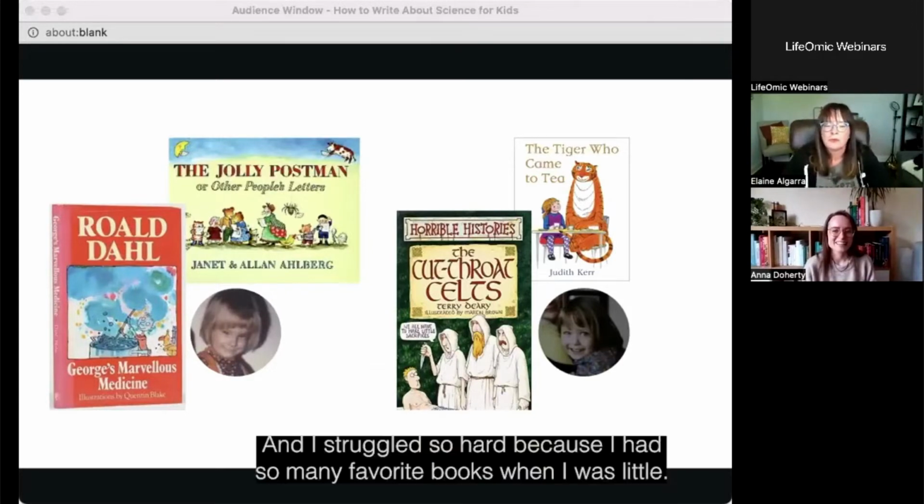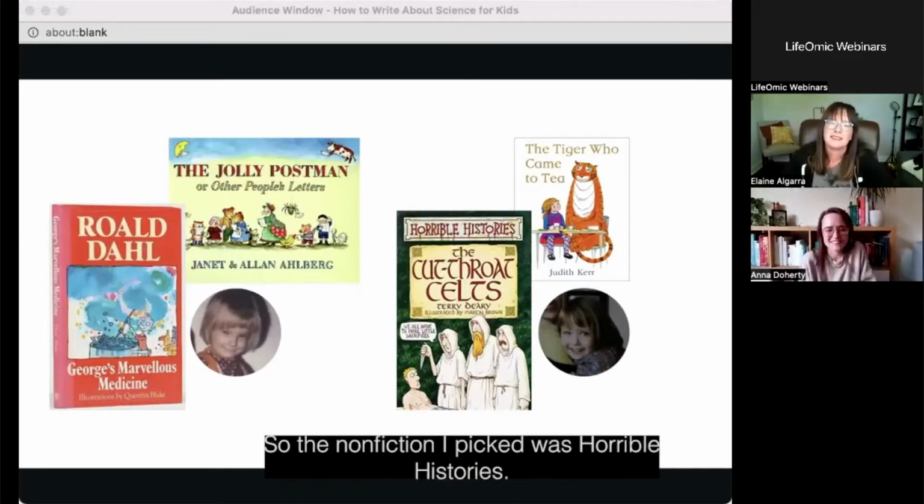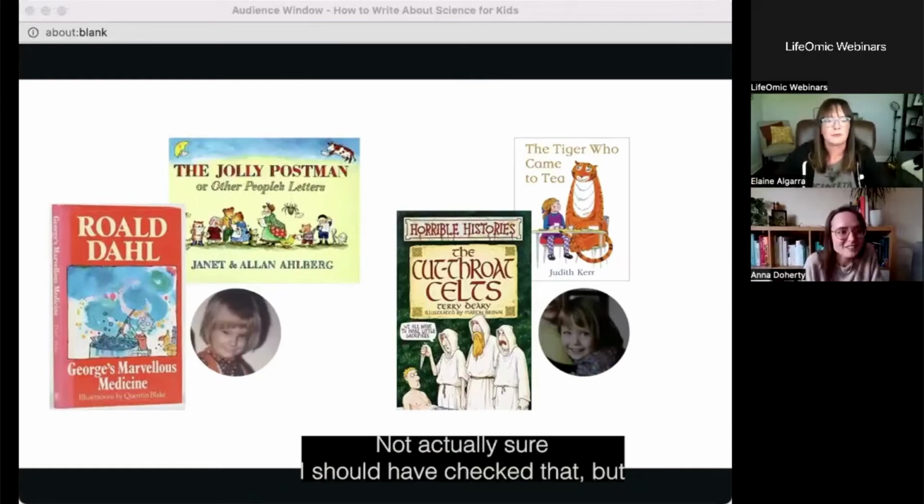And I struggled so hard because I had so many favorite books when I was little. So I decided I'll pick a fiction and a non-fiction. The non-fiction I picked was Horrible Histories. And I guess you have Horrible Histories in the States. I'm not actually sure. I should have checked that. But